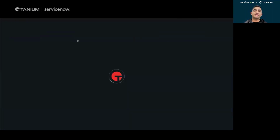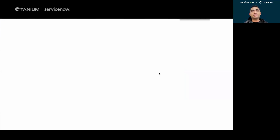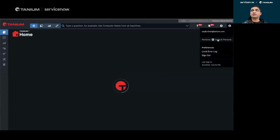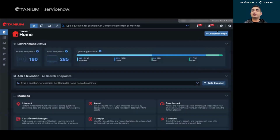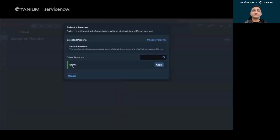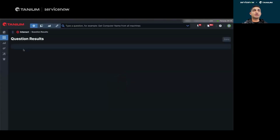Now you do have to sign out and sign back in to be able to use a persona. If you don't sign back in, then you're not going to see that default persona, like this button here. So now that I've signed back in, I'm going to click my name and click the default persona. Now I see the ServiceNow persona. So click apply, and now you're in this limited persona of being able to only see things that those roles